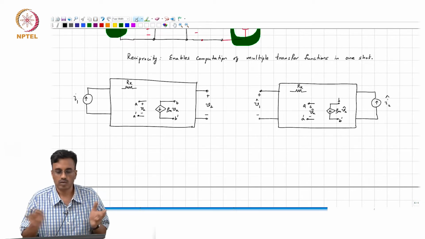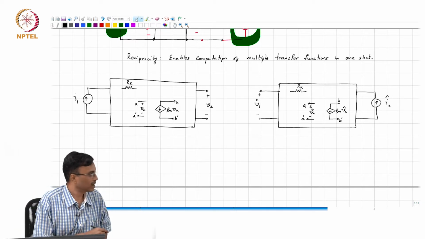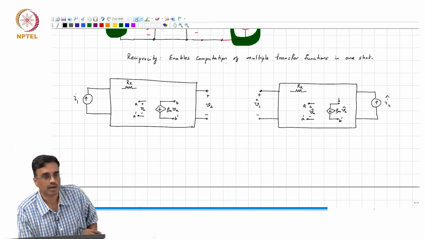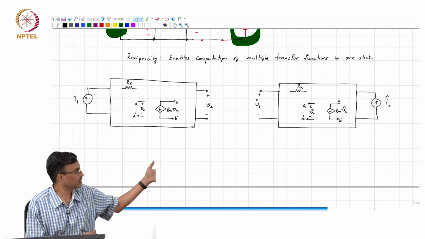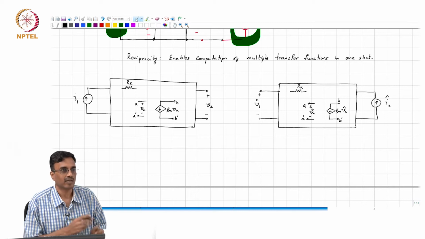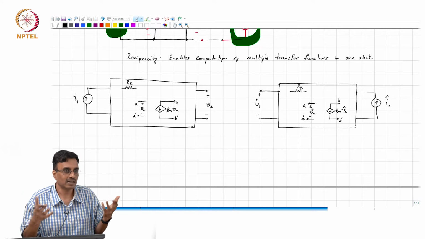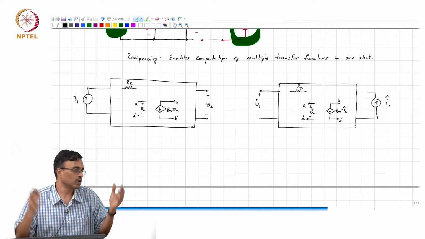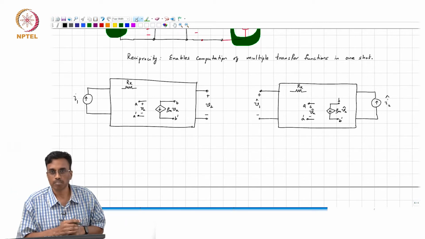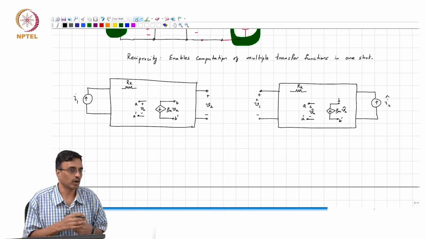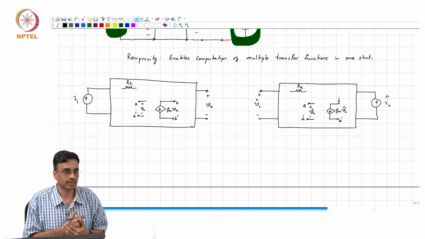And as I said, fortune favors the brave. So we just be brave and write the same equations, the same approach that we took for the passive case, and see where that leads us. And if all things work out, we are a happy family and go home. If they do not work out, we figure out why they do not work out and fix it, or see if it can be fixed.